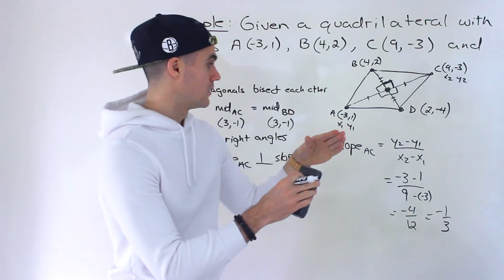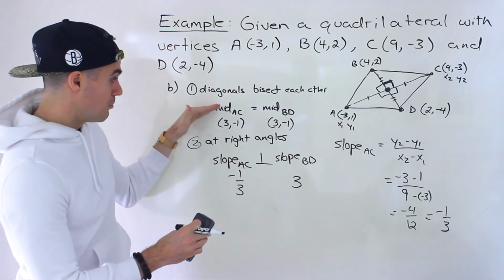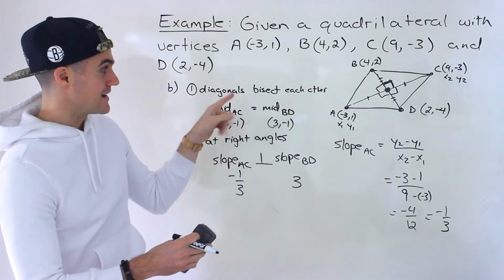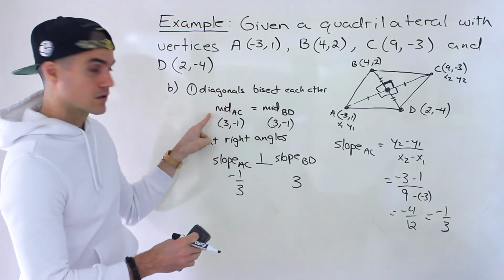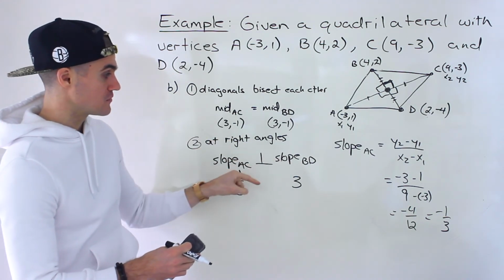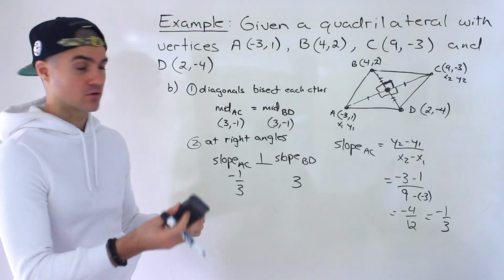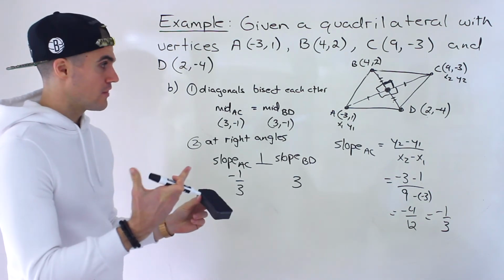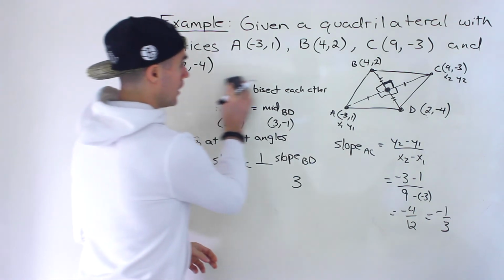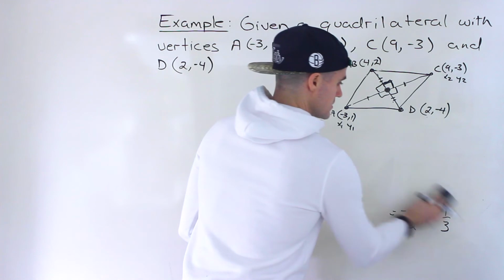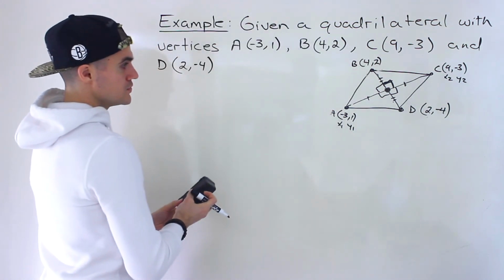Okay, and so with both of these steps over here, we verified that the diagonals bisect each other because the midpoints are the same, at right angles because the slopes of both diagonals are negative reciprocals of one another. And then finally in part C, we have to show that both diagonals are not going to have equal lengths. Okay, so what we're going to do